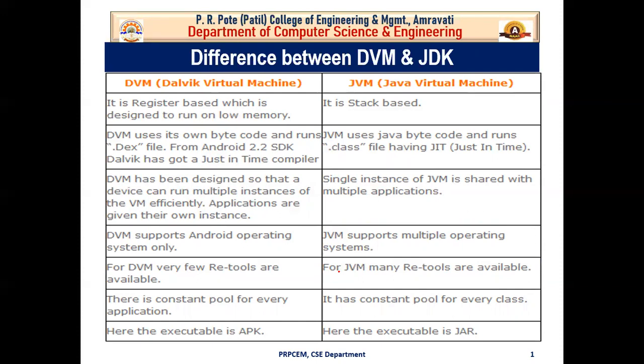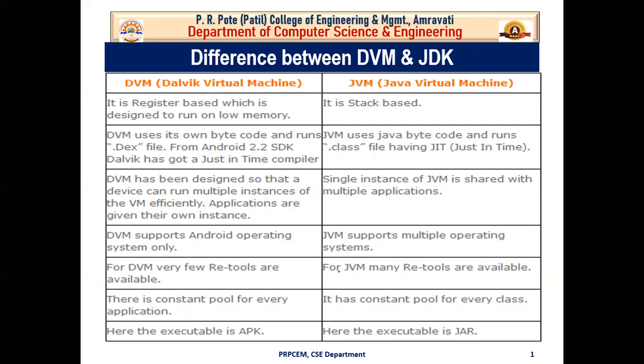Now the third difference is that Dalvik virtual machine has been designed so that a device can run multiple instances of the virtual machine efficiently, and applications are given their own instances. And in Java virtual machine, a single instance of Java virtual machine is shared with multiple applications. Now the fourth difference is that